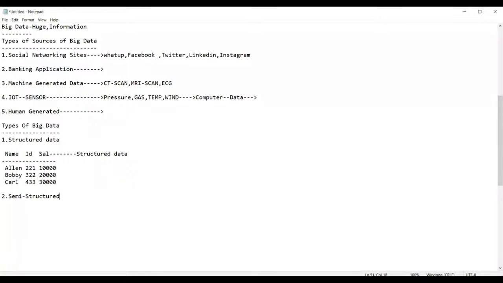So now, this is nothing but structured data. The next one, the second one, is semi-structured data. Semi-structured data means this data is purely not structured as well as not unstructured. It is semi-structured. For example, you have the data in